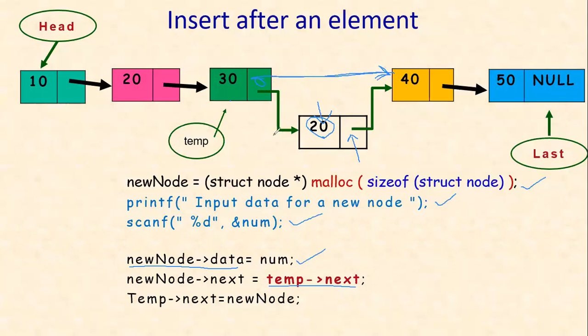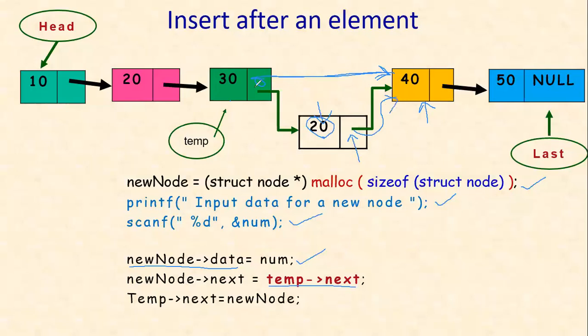Okay, so now what is temp next? Temp next means the address of this node 4. So now, new node next is equal to temp next means I am establishing this link,